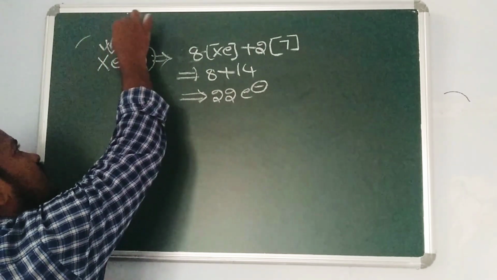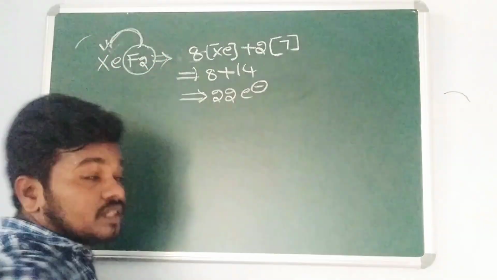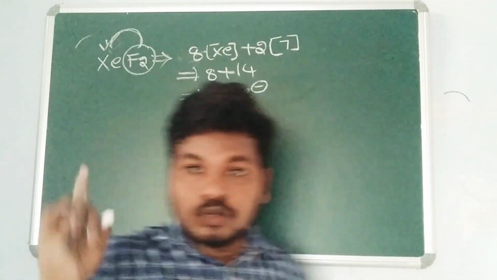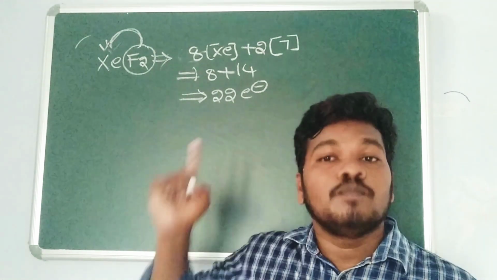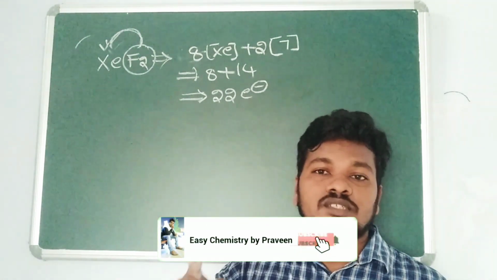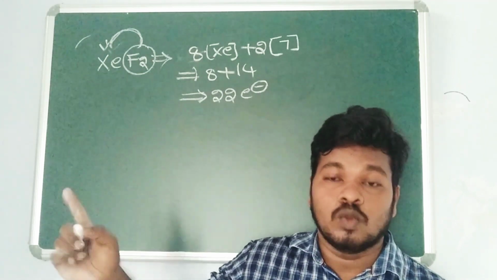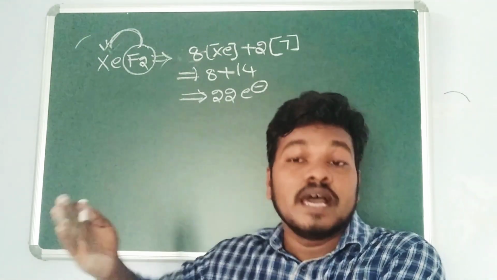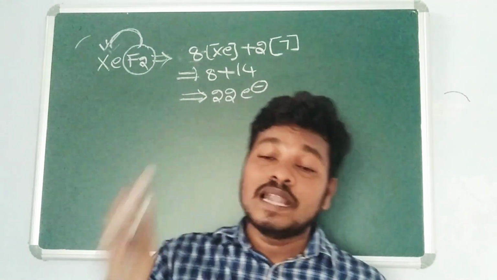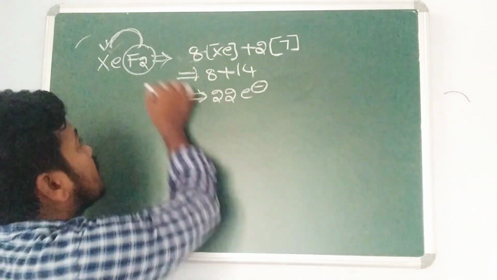The central atom is the least electronegative atom. You have to multiply the number of attached atoms by 8, except hydrogen. If hydrogen is there in place of F2, you have to multiply by 2. If oxygen or sulfur is there in place of F2, we multiply by 8, because as per the octet rule, hydrogen follows only the duplet rule. That's why we multiply by 2 for hydrogen. For the remaining atoms, we multiply by 8 only.